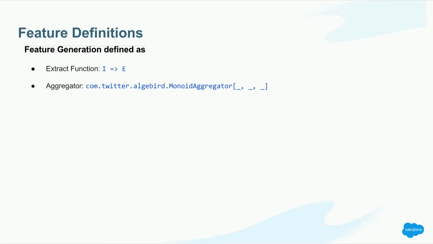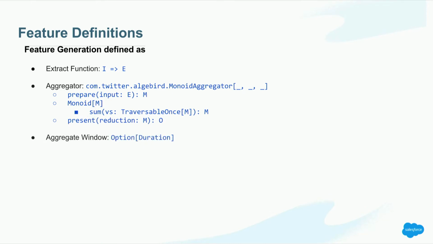Optimus Prime piggybacks on the Twitter Algebird monoid aggregator, so it frames the aggregation in the form of a monoid. For those of you who are not familiar with algebra, it basically contains methods which allow you to transform the input into intermediate state, reduce the intermediate state, and present the intermediate state as a final outcome. The third and last defining feature is an aggregation window over which we actually perform the aggregation. So once we have these 3 things pinned down, we have a unique process of generating features from a particular